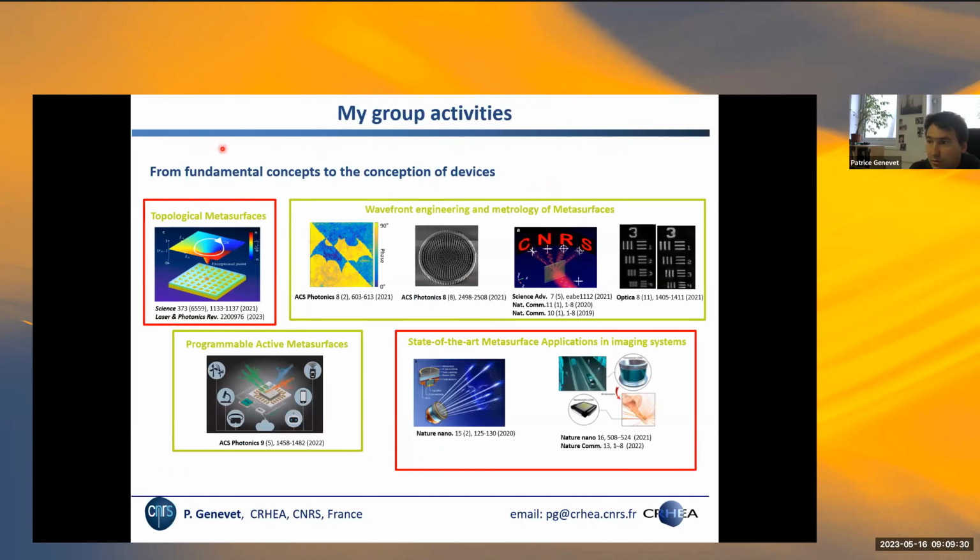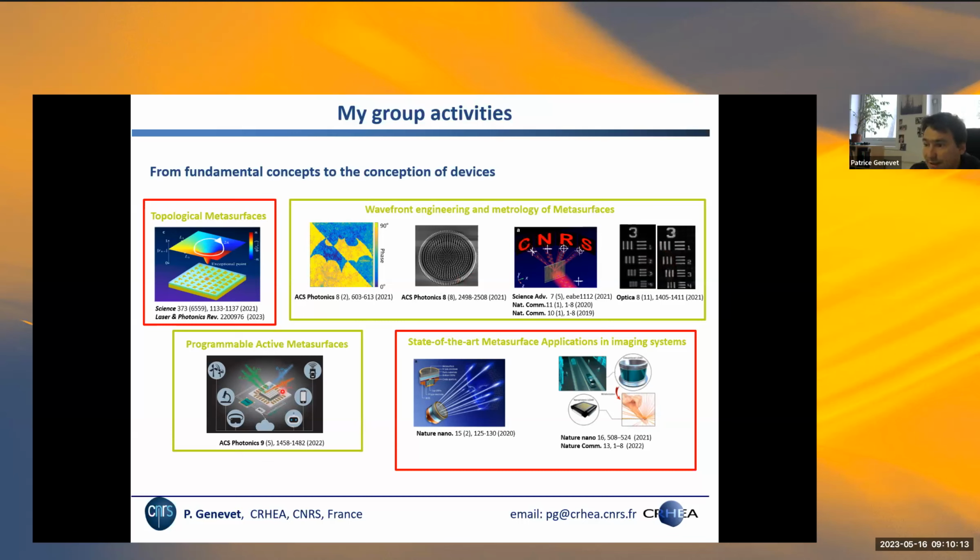Okay, so I'm not going to talk about all the research that is done in my group. I selected 2 subtopics, in these red boxes here. My group is working on metasurface, essentially starting from fundamental concepts where we study the scattering properties of nanophotonic systems, and use these scattering properties to fabricate optical devices, optical components, which we call metasurface. For wavefront engineering, we can control with this metasurface the phase of light. We can make devices achromatic, eventually control the projection of light, including its polarization. We can integrate it into optical systems to compensate, for example, for aberrations.